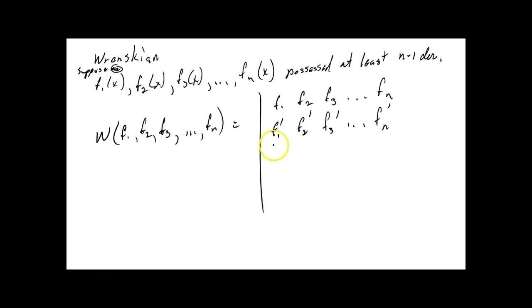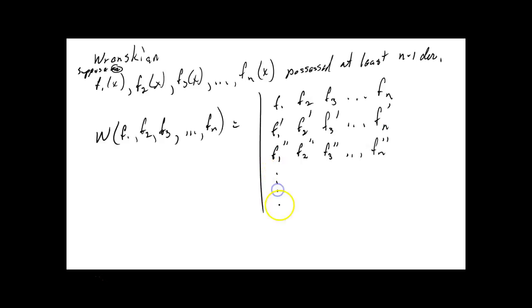Then f sub 1 double prime, f sub 2 double prime, f sub 3 double prime, up to f sub n double prime,